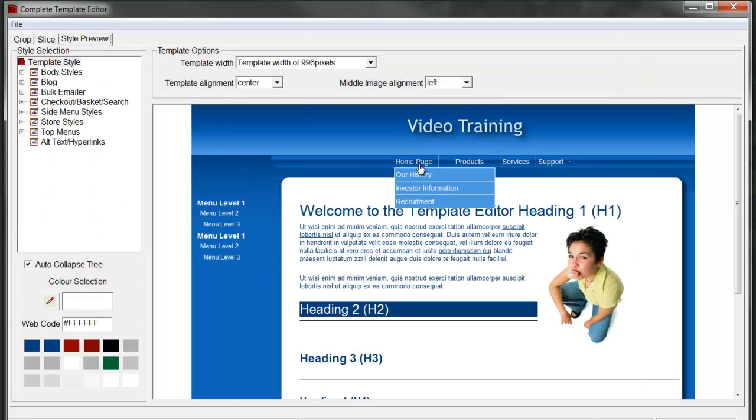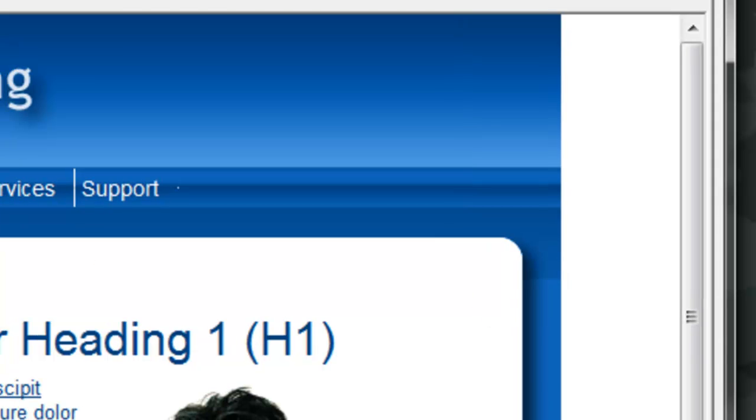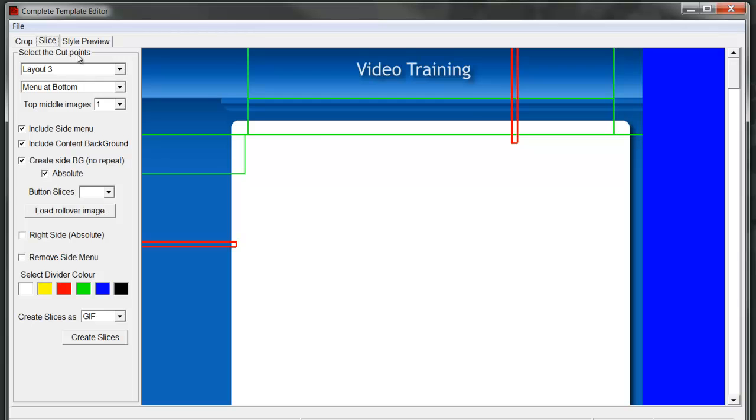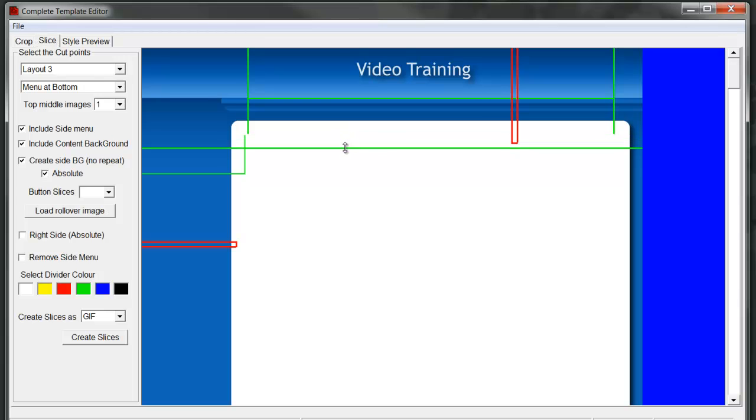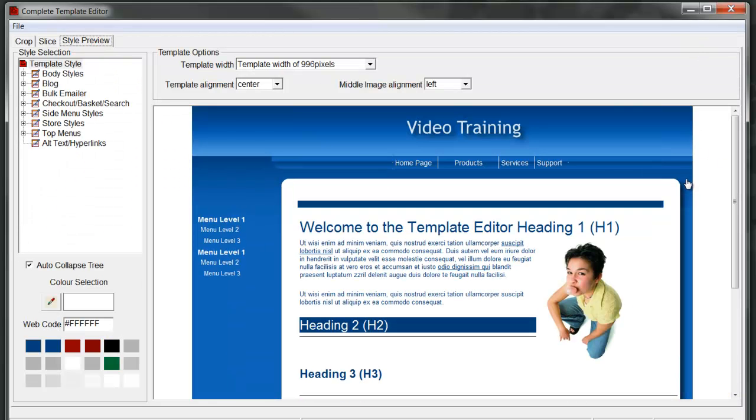Okay, so there's our template and that's where our headings are, and we've managed to capture the gradient on this side, but on this side, on the right hand side, we've made a bit of a mistake on the gradient. So if we just go back, okay, and if I just drag that line down a touch and create slices, okay, we'll now see that we've actually captured that, but now we have an issue here. So I'll just amend that